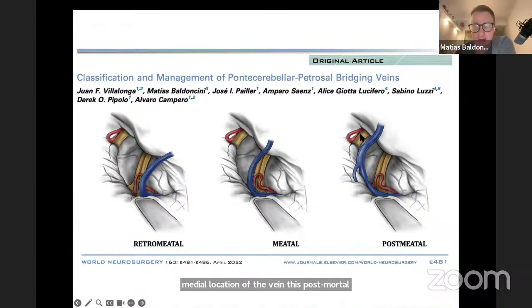the trigeminal nerve. Something that is really important, especially for young neurosurgeons who operate on trigeminal neurovascular decompression, trigeminal schwannomas, or tumors located in the cerebellopontine angle, is to preserve as much as we can this vein in order to prevent venous infarct of the